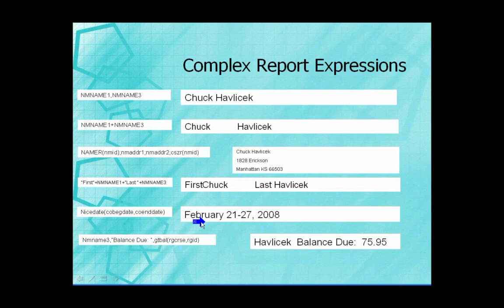Nice date, and again, the function returns a nice date. Here's an example using commas where we've mixed a field, text, and a function. Because we're using a comma, the comma eliminates any trailing spaces between or at the end of the word Havlicek inside the last name field, and puts in the text balance due, and it puts in actually a space